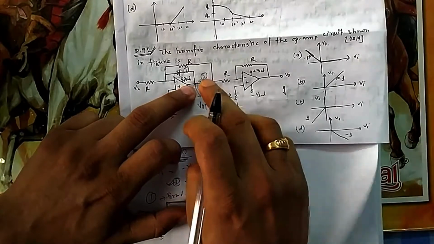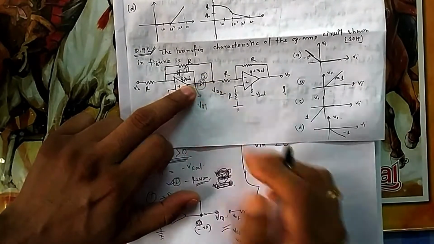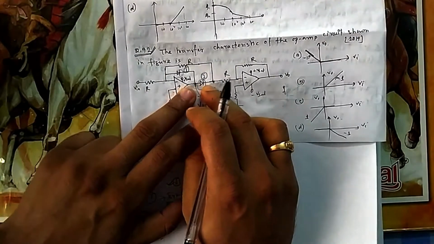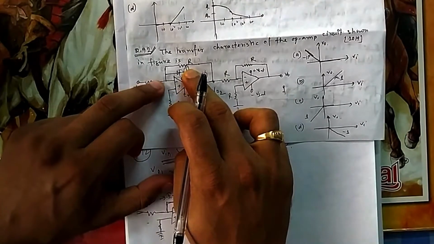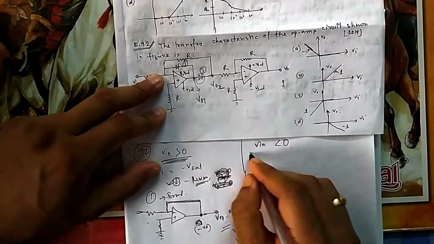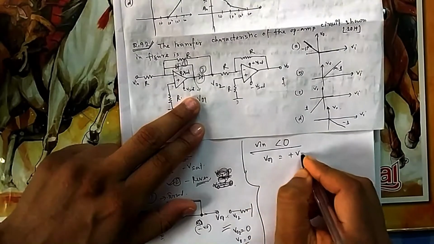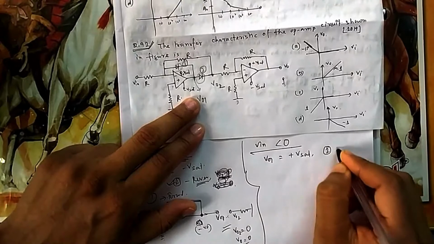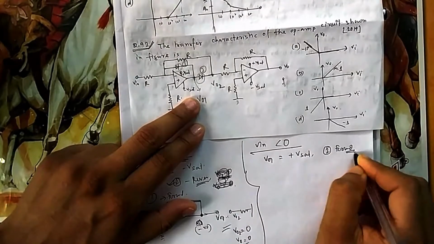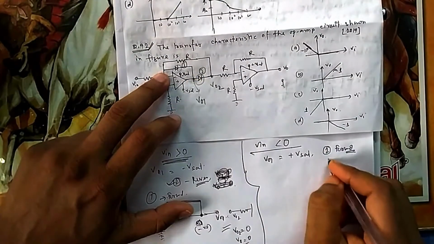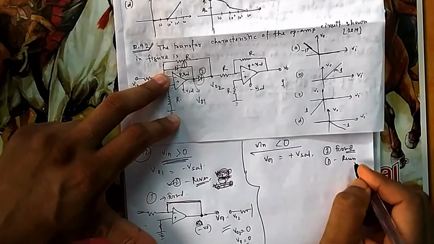Once it is plus 12, then this diode will get forward biased. Okay. This is forward biased. This is plus 12, then this is negative, so this diode is reverse biased. Okay. If V in is negative, my first conclusion is V01 is plus V sat. That means diode 2 is forward biased. So once this is at V sat, this is at 0 and diode 1 is reverse biased. So now what will the circuit look like?